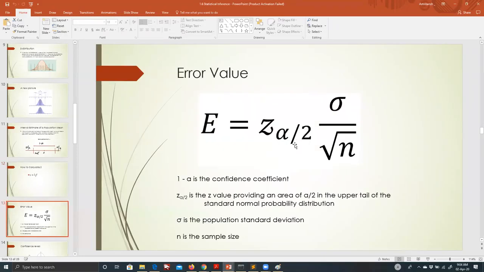But maybe someone doesn't give you that. Someone says the alpha value is 0.1. Let's say it's a single tail problem. Then they might ask you, if it's a single tail, what is the z value? You might get confused. You might not be able to understand how to solve it. Okay, don't worry. We will go step by step to help you out.